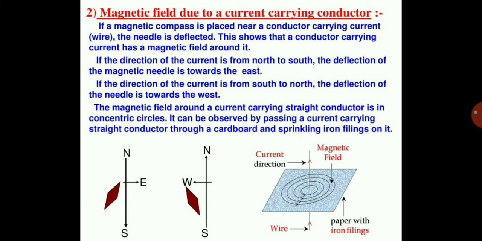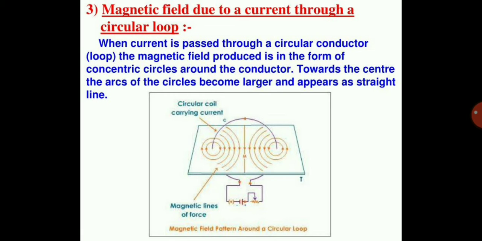In the previous lecture, we have seen about a current carrying conductor. In that conductor, the conductor was a straight wire which was passing through the paper, right? And upon that, we had sprinkled the iron filings which were arranged in concentric circles. Correct? This proved our right hand thumb rule. So today we are going to see about the types of conductors.